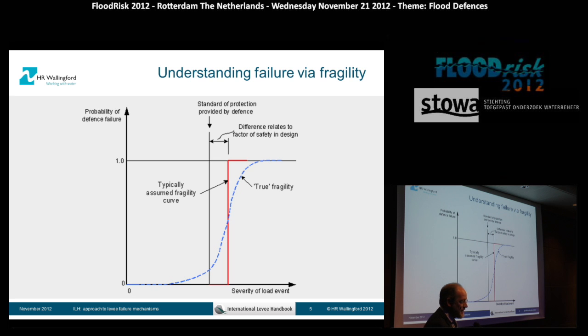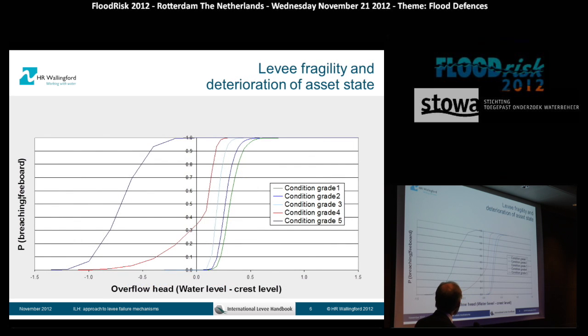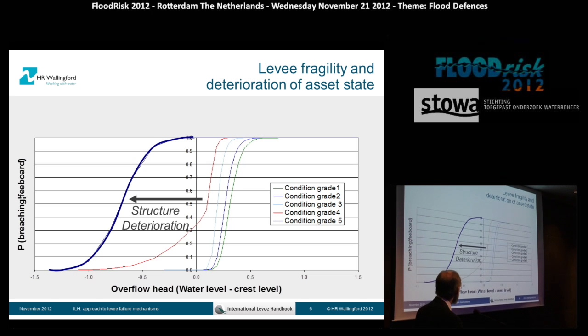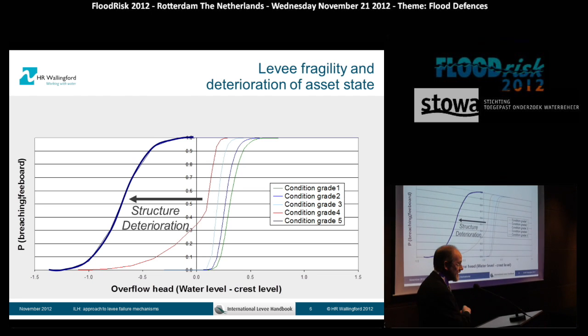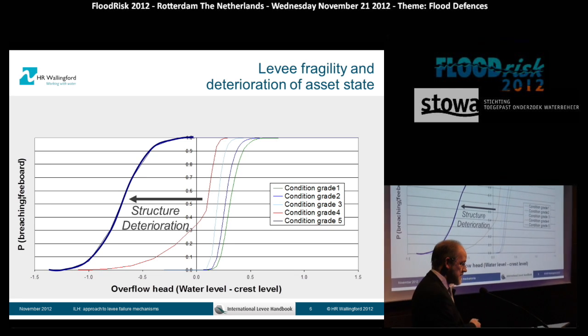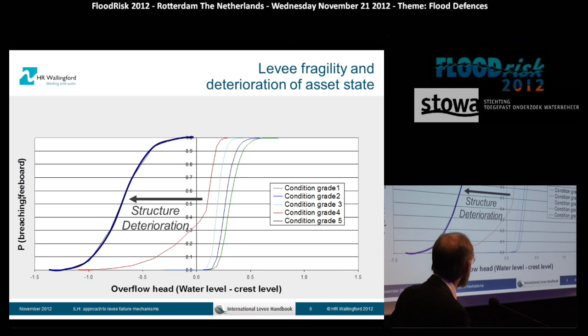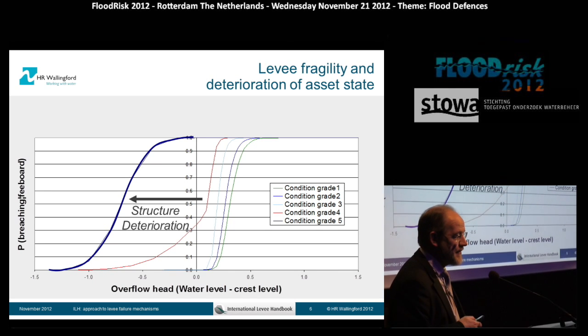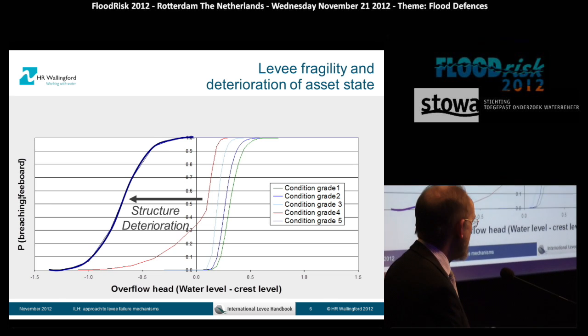We've had a lot of discussion about fragility, so I won't dwell on this, other than to say in the UK we have this concept of different kinds of condition grades, so that as your structure deteriorates, you will move from one condition grade to another, and as you get deterioration, your fragility curve tends to move to the left. Well, that's all very nice and neat and tidy, but